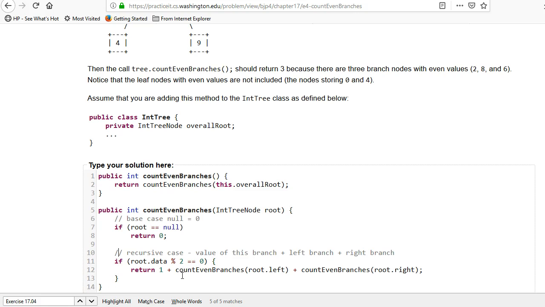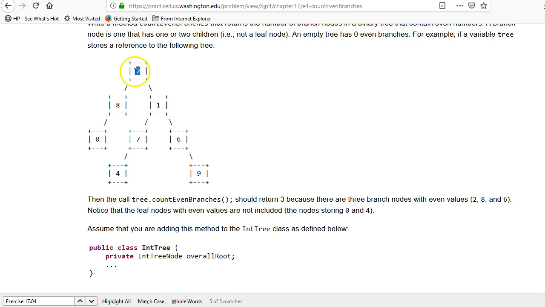All right, so we're going to ignore whether it works correctly for leaves. But we need to also do it if it's not even, because we still need to do this. So if it's not even, so here it's even, so we want to add 1 plus whatever is here and plus